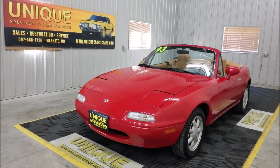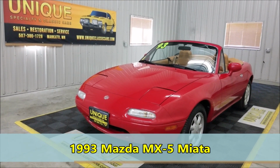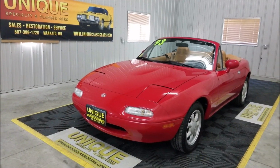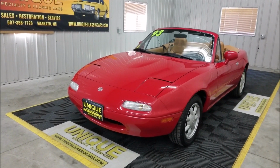Looking for a nice little roadster? Check out this 93 Mazda Miata MX-5. Just like it would have come from Mazda back in the day. This one is in classic red with the tan interior, tan top,